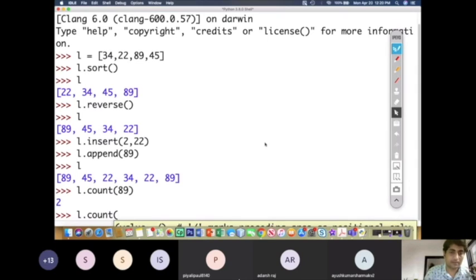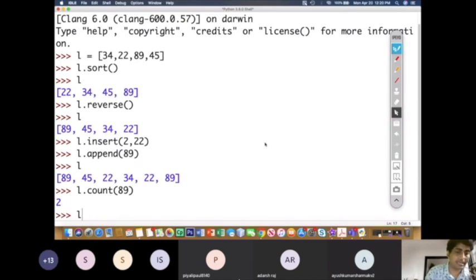can you answer this one? What will be the output of this thing? L dot count. Yeah, this one. Just observe the code.